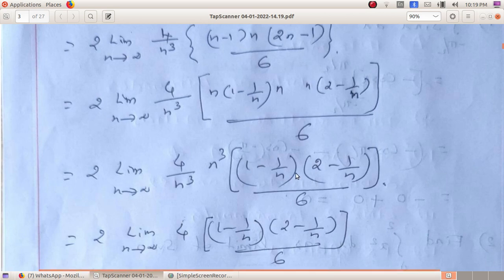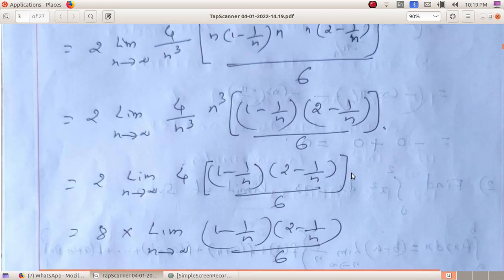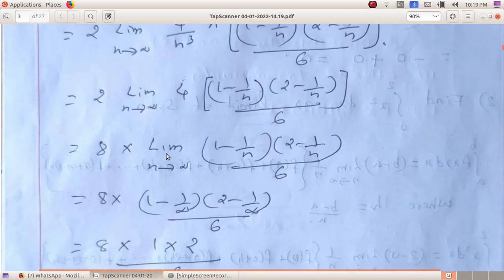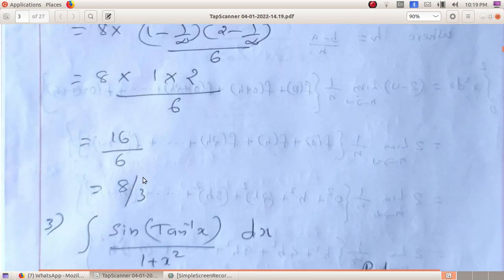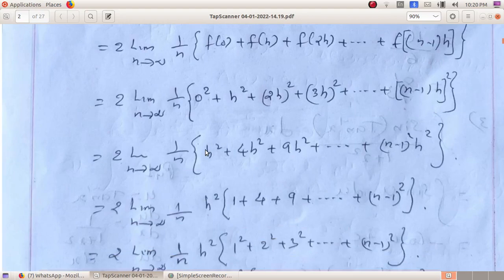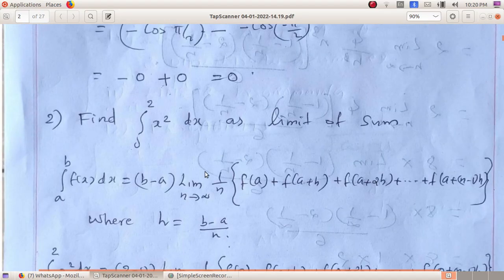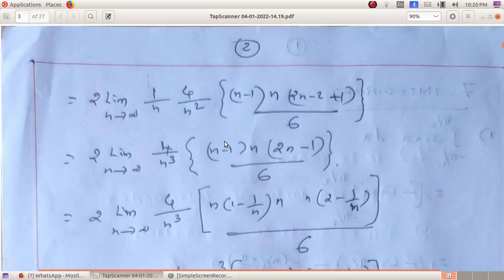1 minus 1 by infinity, 2 minus 1 by infinity. Okay, and this 4 into 2 becomes 8, and that's okay. Then we know that 1 by infinity means 0. Okay, so 1 into 2 only. So the answer is what? 8 by 3. 16 by 6 can be simplified to 8 by 3. Anyway, to solve this type of limit of sum, this formula is needed. Then another question: